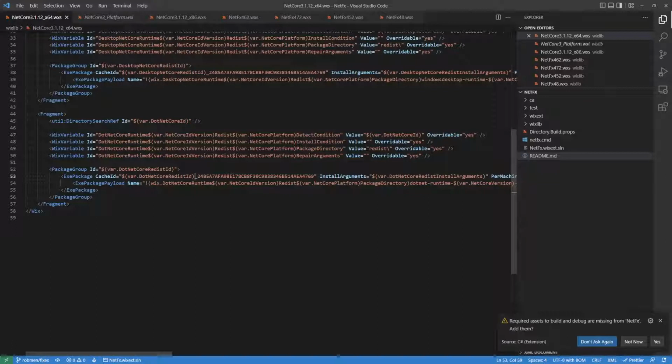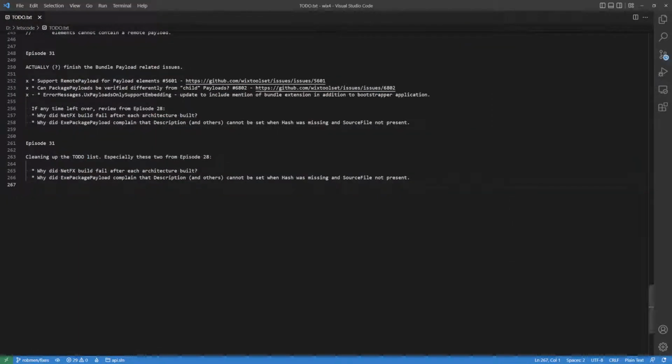I do this all the time with Visual Studio Code, and I really like that it has this ability. All right, now the one thing I have to remember is switching to the correct other code that's here. So I want to look at the exe package payload. Complaint about descriptions cannot be set when hash was missing and source file is not present. All right, so if we remove the hash from an exe package payload and we do not have a source